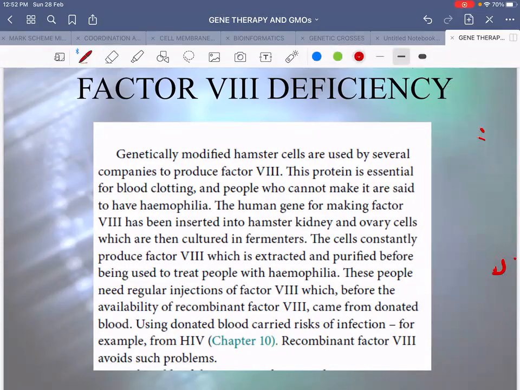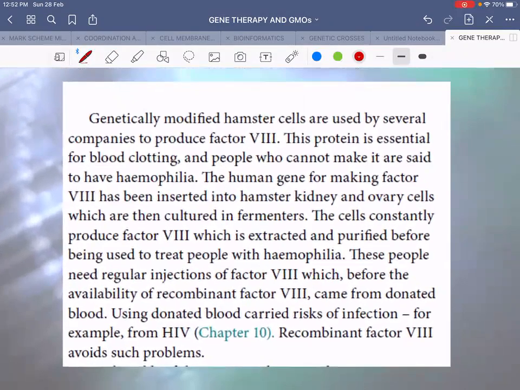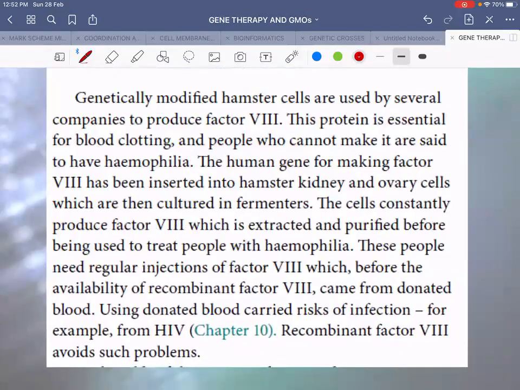Let's see how this is done. Genetically modified hamster cells. I hope you know what a hamster is. Genetically modified hamster cells are used by several companies to produce factor 8. This protein is essential for blood clotting. People who cannot make it are said to have hemophilia. The human gene for making factor 8 has been inserted into hamster kidney and ovary cells, which are then cultured